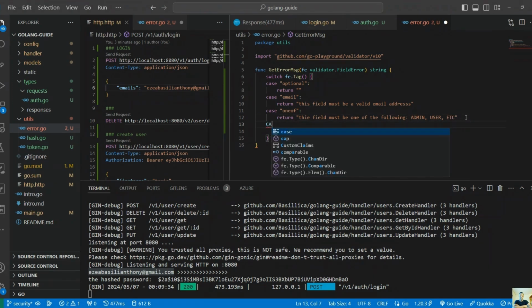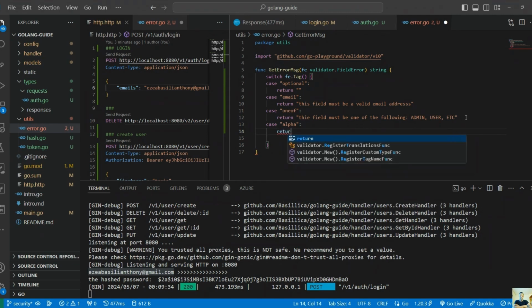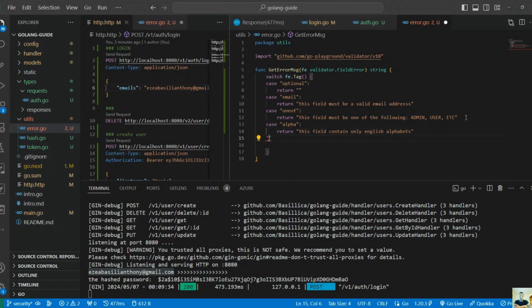And then apart from one off, we have also a case where we expect a field to be from the alphabet. So this would be of type alpha. And again, we say return, and what we can say to the user is this field should contain only English alphabet, something like this. And of course we have one that we already talked about,